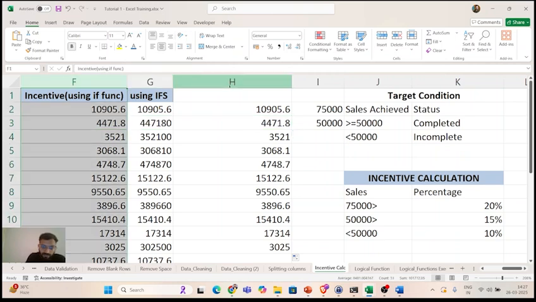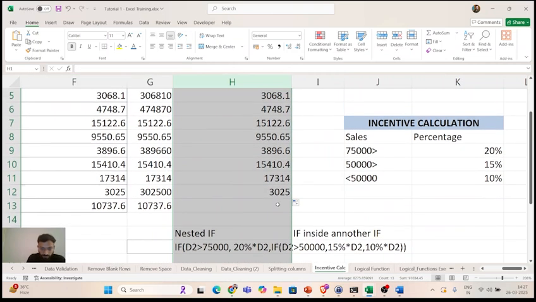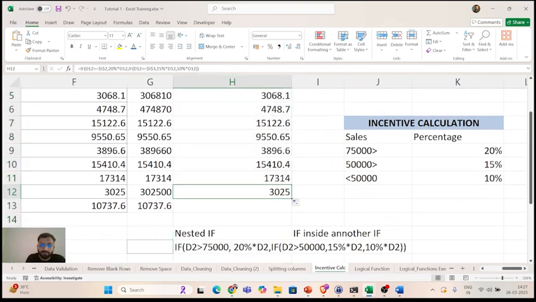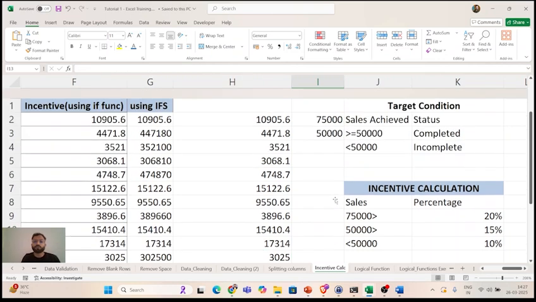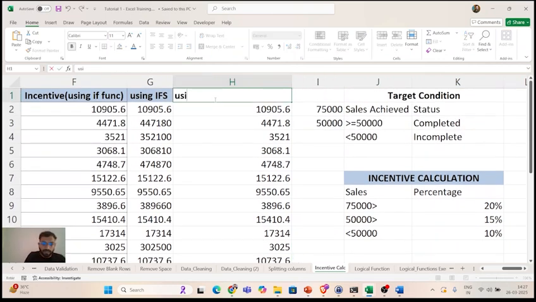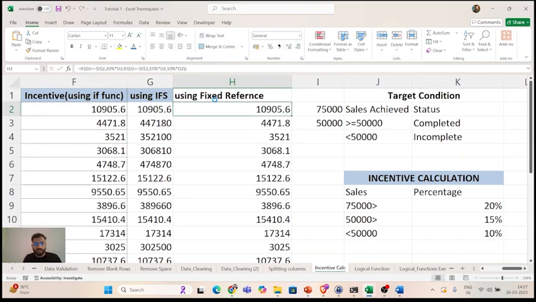Compare column F and columns G, H. This is the benefit of fixed referencing, and this is the drawback if we do not use fixed referencing. That is a beautiful example of fixed referencing using an if statement, a nested if.